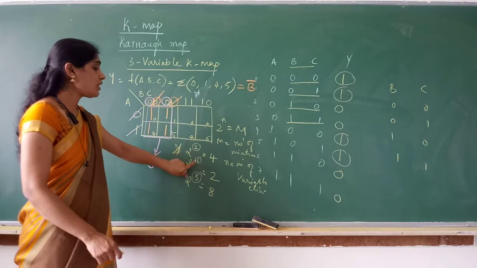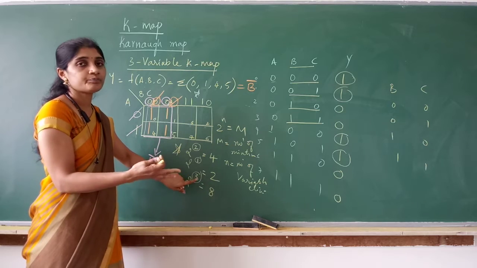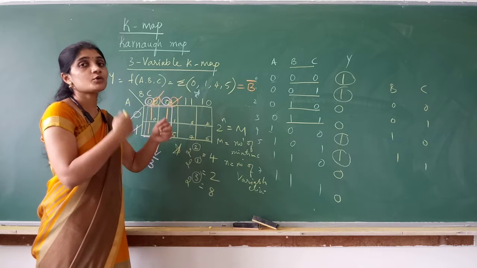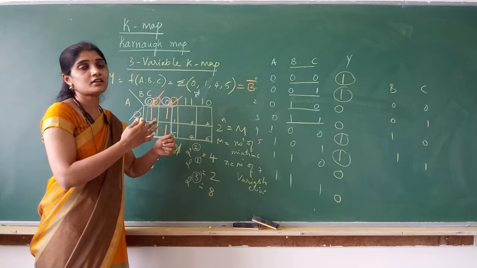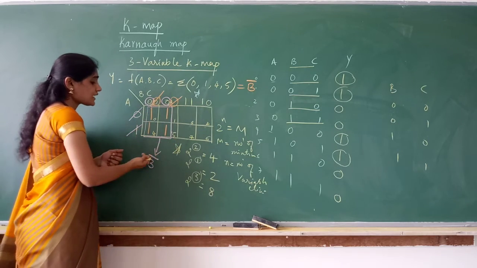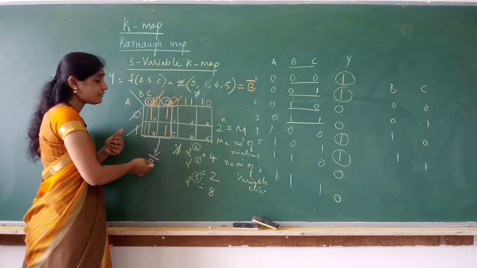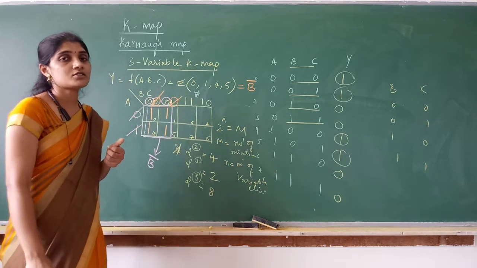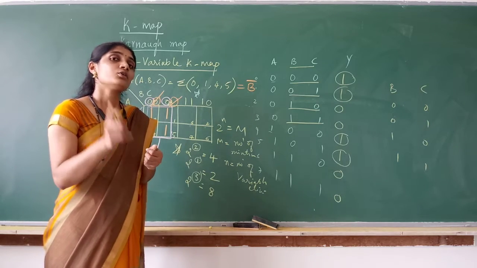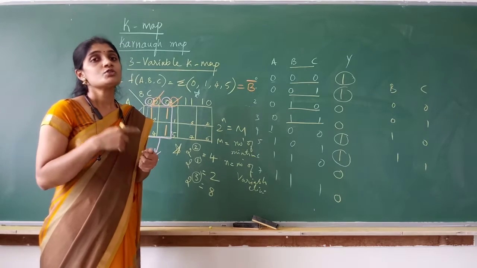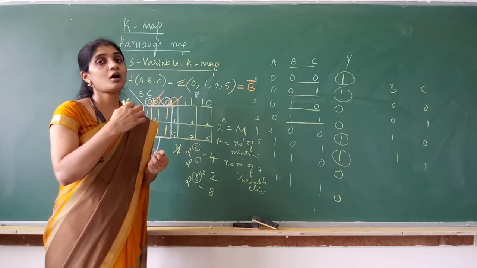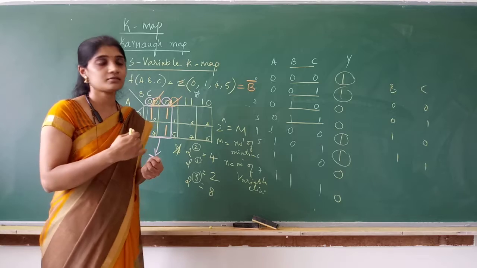And you should know how many variables are eliminated. That is a hint. See, K-map is not that easy. Maybe this problem you feel is simpler. When you go on solving, you really have to practice the K-map very well. K-map will give us the simplified equation fast. Within 1 minute I can solve this and tell the answer, if you know the rules of K-map. It is the fastest method that gives us the equation, but you have to do it in a correct manner. To do that, you should understand the K-map properly. So to understand the K-map properly, you have to solve more problems. Only then you come to know how exactly you can group the cells and find the answer.